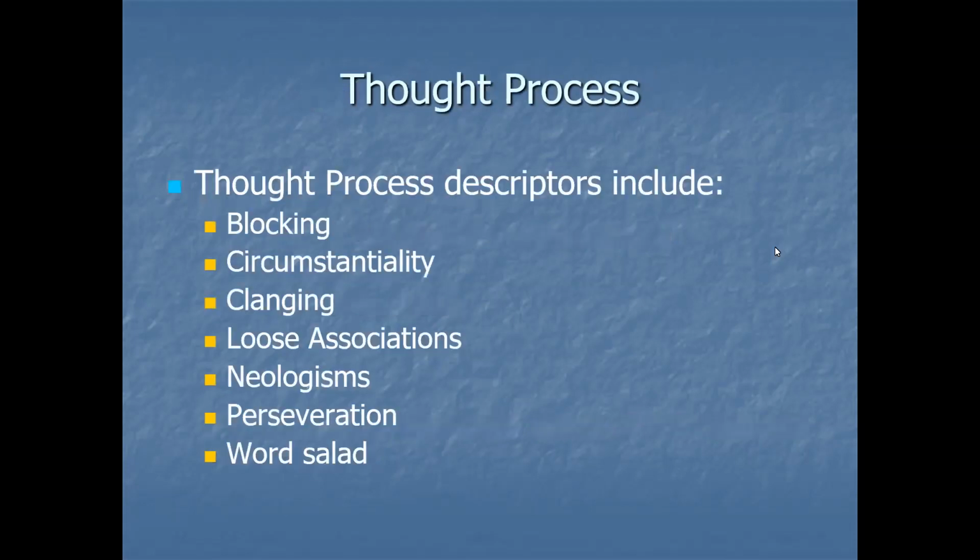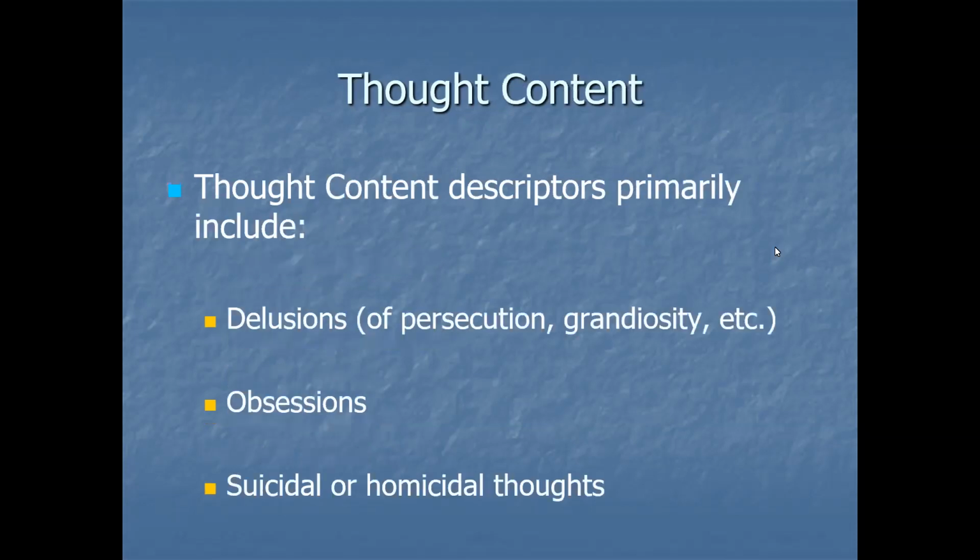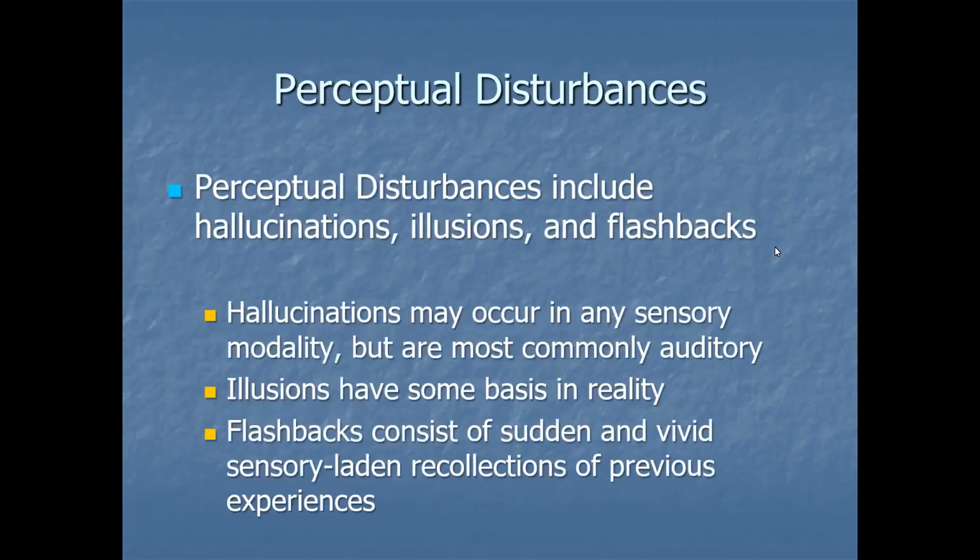And again, when we think about these things, we want to take into consideration that there could be a number of factors that are interrupting these thought processes. Now we look at thought content. And this is going to refer to the themes that occupy the patient's thoughts and perceptual disturbances. And they're going to include essentially delusions, obsessions, and suicidal or homicidal thoughts. So when we're looking at perceptual disturbances and we're looking at things like hallucinations, illusions, and flashbacks, we are looking